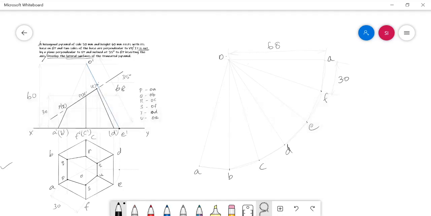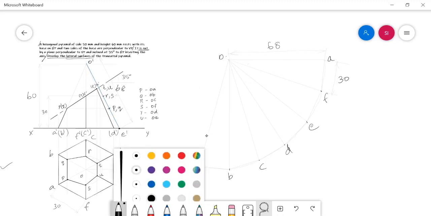And here I need to mark them roughly. This is the point P, Q, and here it is R, S, and there it is T, U. In this way I have to mark the cut points in the true slant length line. Okay, and then I have to measure the distance of each and every cut point from O. For example, if I want to mark the cut point P in its slant edge OA, I have to measure the distance of the point P from O in the true slant length line, and then I have to mark it in the development area.